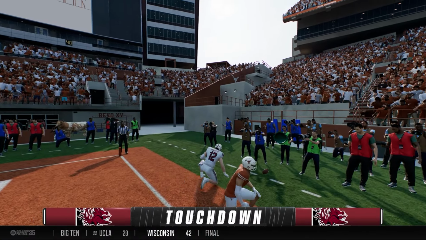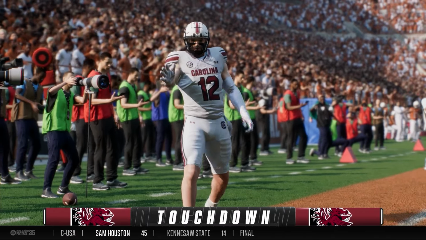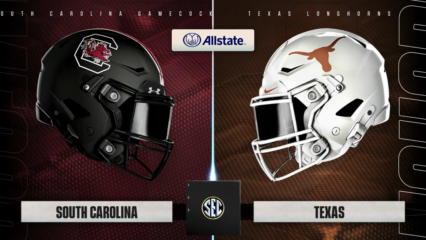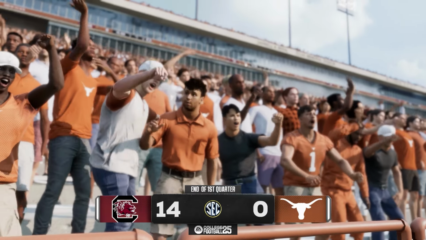2nd touchdown of the season for Beckett. 2nd throwing touchdown of the day for Reno. And the Gamecocks lead 14-0. They come out to Texas early and punch them right in the mouth, as that'll be the end of the